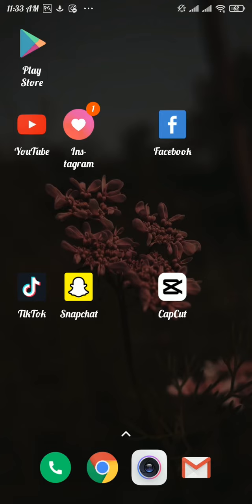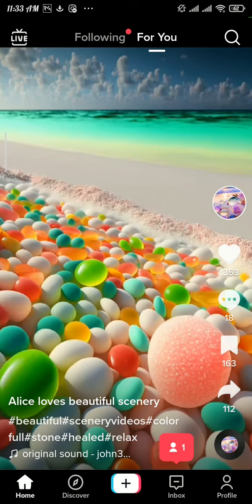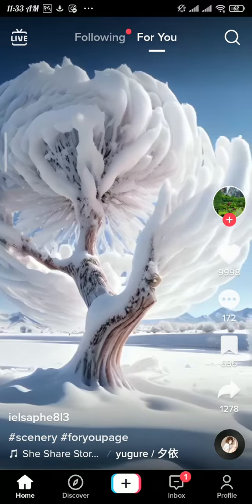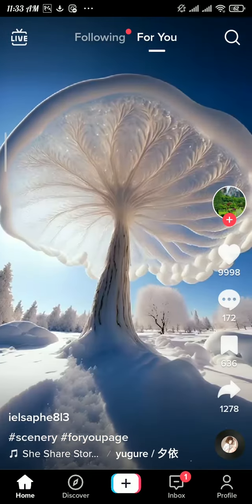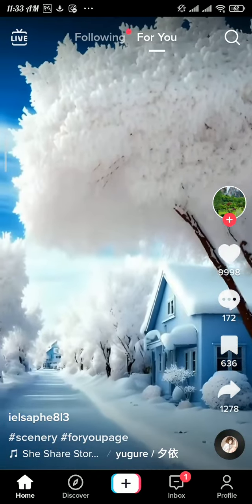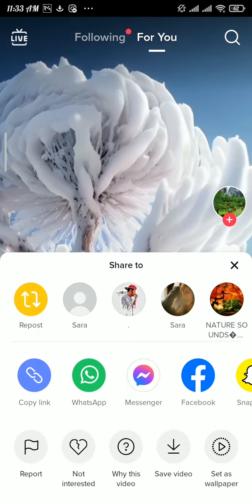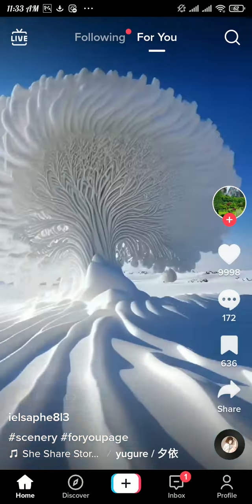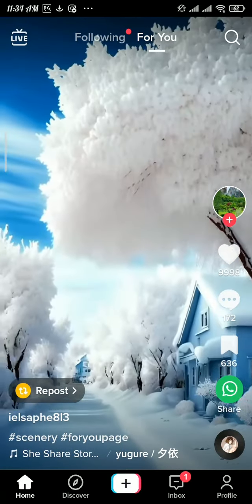Now, to download your video, you need to open up your TikTok app and then pick the video that you want to download. Once you pick the video, tap on share button to the right side of your screen, and from the menu tap on copy link option. Once your link get copied, head over to the web browser